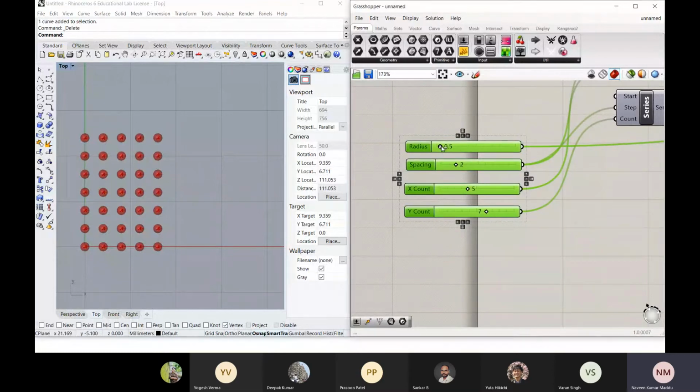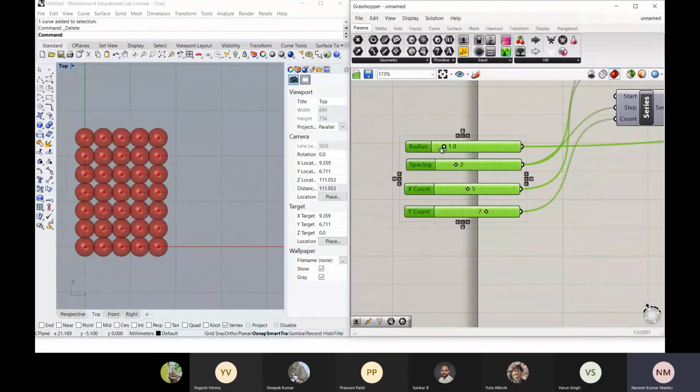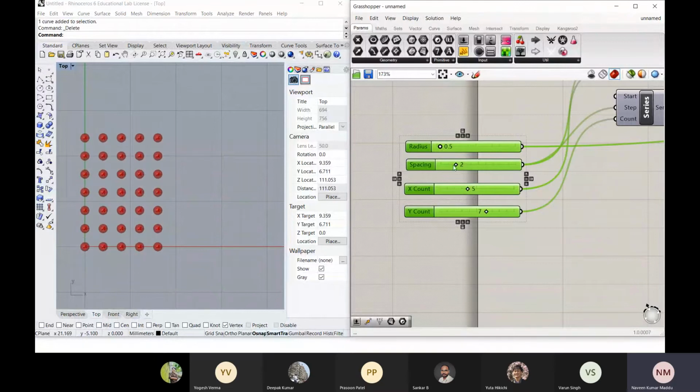You can change your radius, see, it is all changing. You can increase and decrease the space between each of the spheres. Then you can increase the count in x direction, and you can increase and decrease the count in y direction also. Okay, any doubt in this?